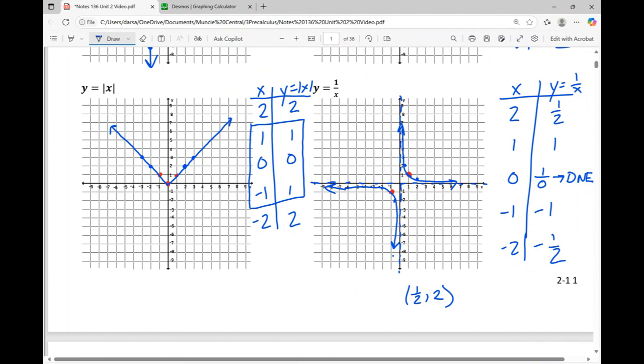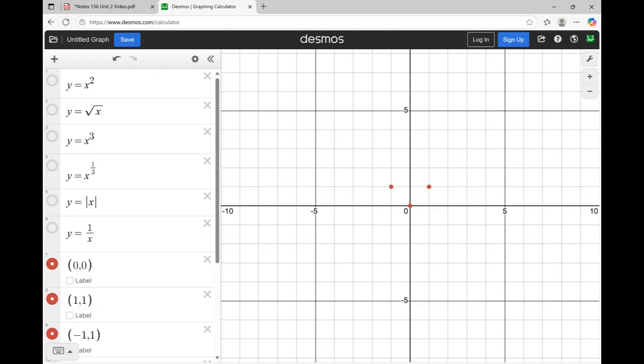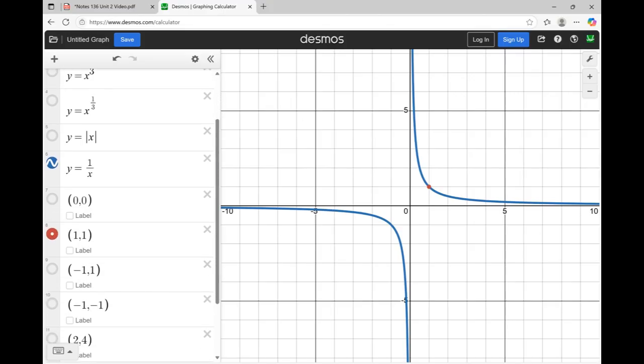It's really hard to draw this, so I'm going to go ahead and let Desmos do it. So let's go ahead and get rid of all these base points and just give you sort of a generic picture of what this looks like. So do notice it goes through 1, 1 and negative 1, 1. But notice, is it touching the x-axis and the y-axis? No, it never does. It's going to continue to get closer, but it's never going to actually touch it. So we've got those asymptotes, and our only base points are 1, 1 and negative